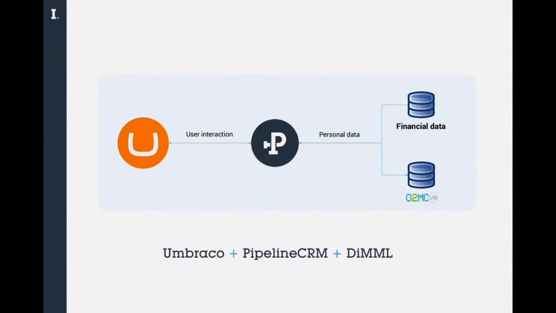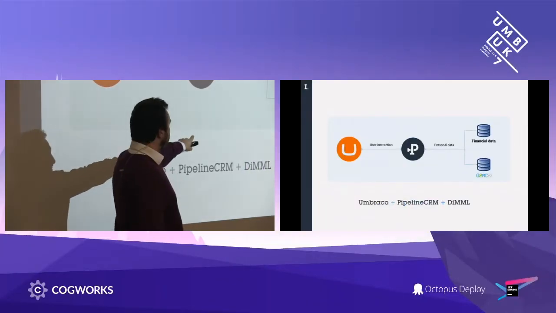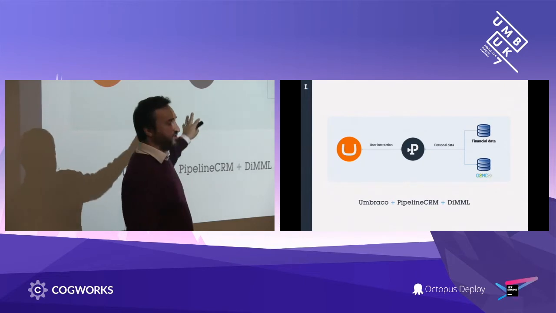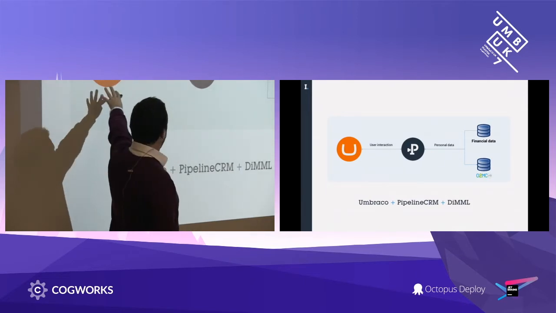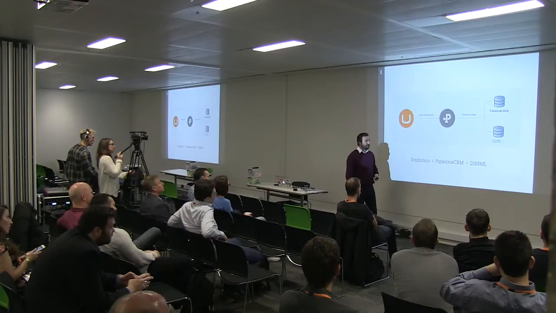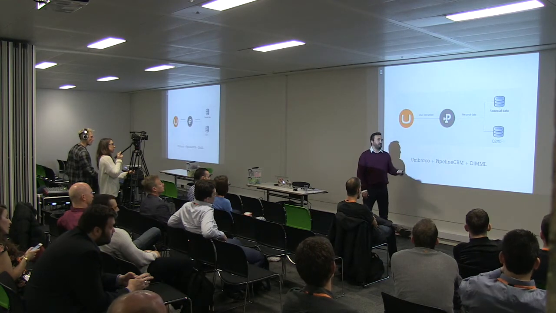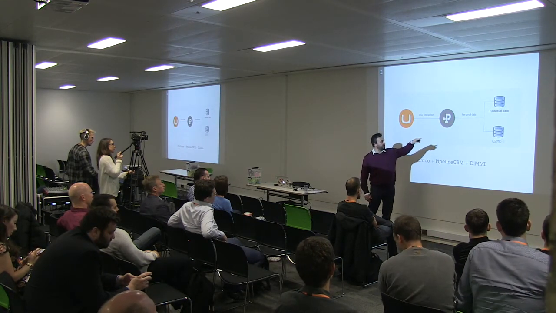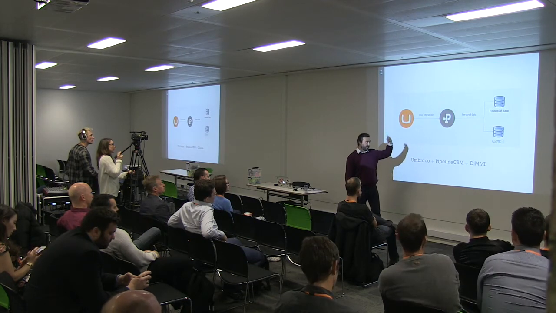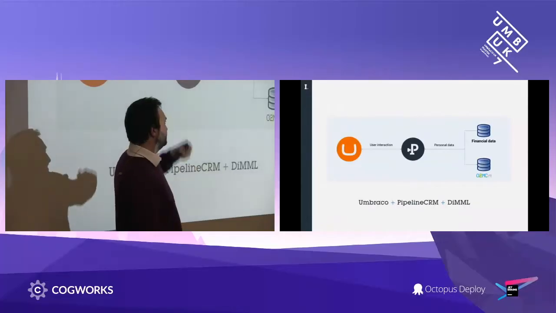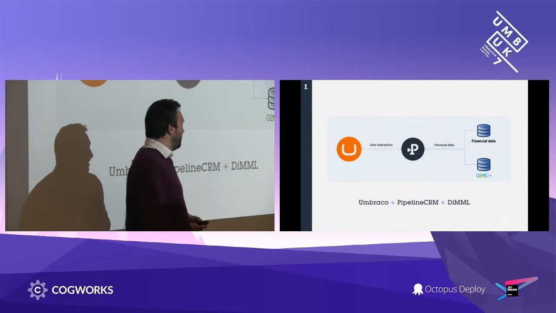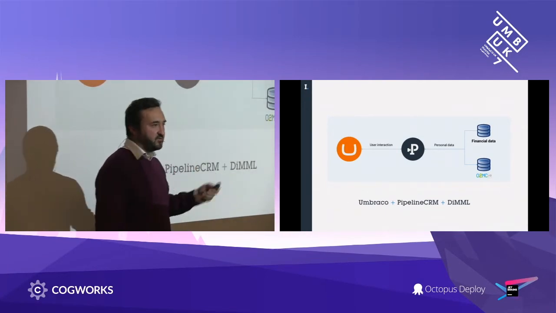Before I get into the demo, one last slide about architecture. Now, I'm putting Pipeline in the middle here. Obviously, this is for the purpose of this presentation. Every one of these elements is as important. But the point I'm trying to make is that Pipeline in here orchestrates the movement of data. So you have your front end built in Umbraco. You have Pipeline handling inquiries and contacts. And there are various data stores that come in, whether that is the financial data or, in this case, big data. I use those with O2MC